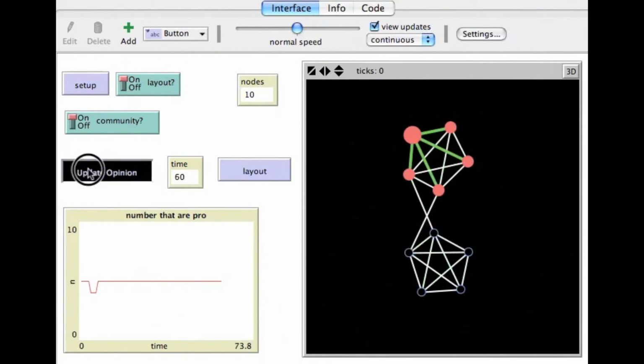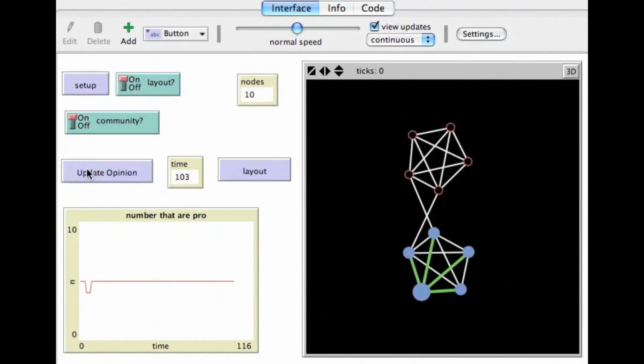We are coming up over 60 now, and what you are observing is how the opinion is bouncing around within the communities, and maybe one community is all red and one community is all blue, but the whole network is not changing colour. We've got to 130 and it's not resolved itself yet.